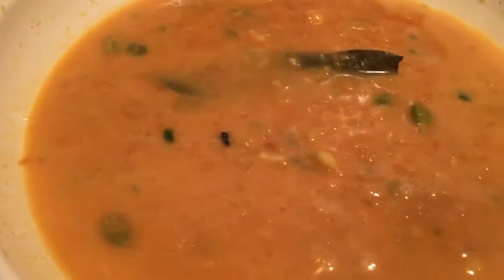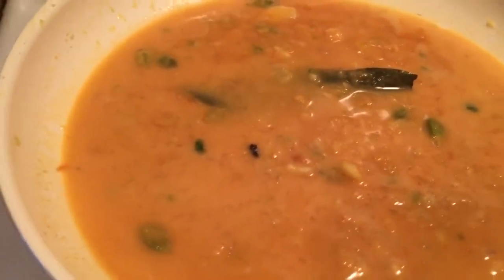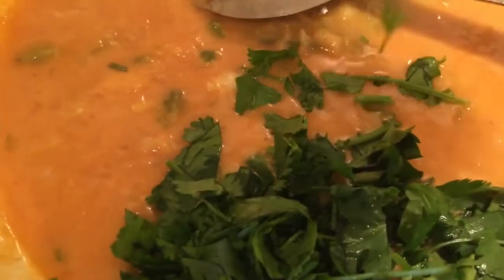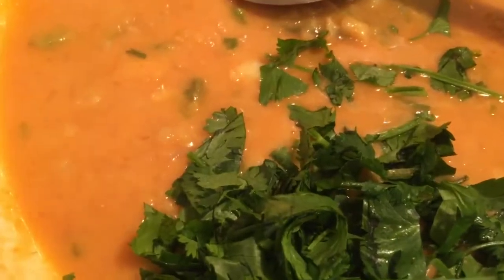So I'm just going to cover this and let it sort of mix together and cook for the next 5 minutes or so. And now I'm going to say what I usually say on every cooking episode I've done, and that is I wish I could send you the smell. This kitchen smells absolutely unbelievable. So I'm just going to add in my coriander leaves,